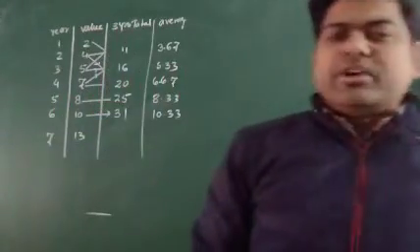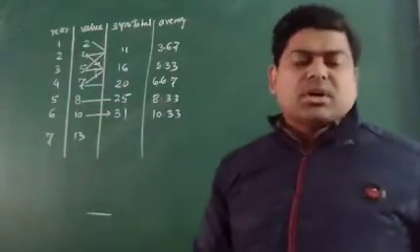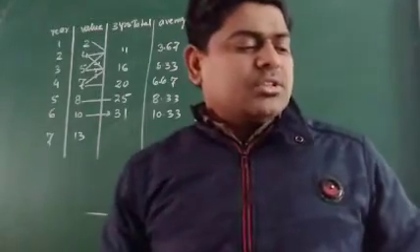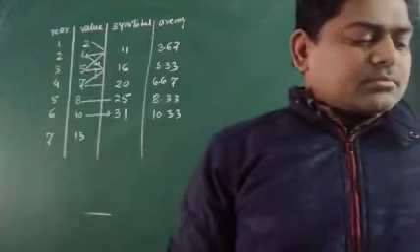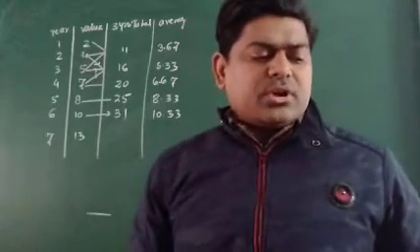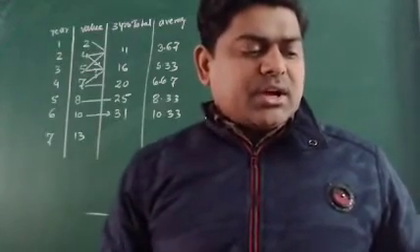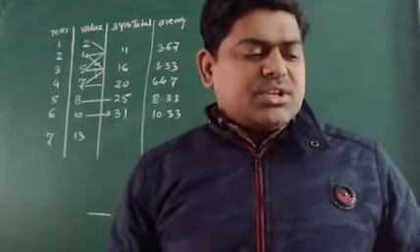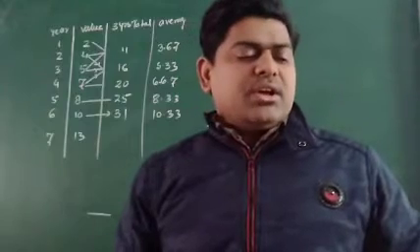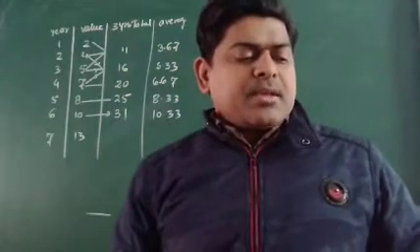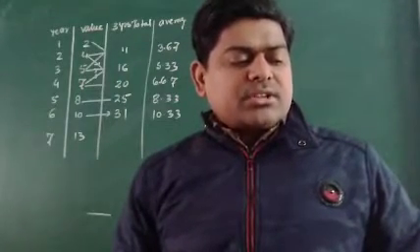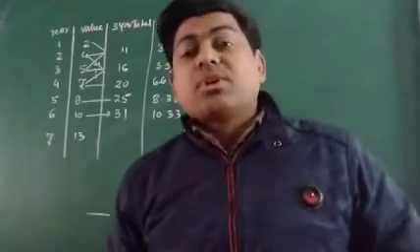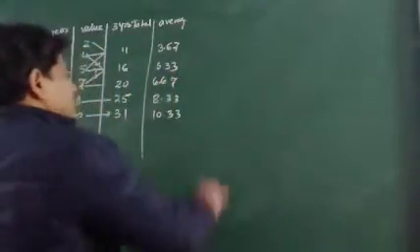And one more thing I would like to tell you here: if we want to draw the graph, sometimes it's written in the question. In question number 2 it's written: the number of letters in 100 posts in a certain city on each day, first day, second day, third day of a week is given, and then calculate the 3 days moving average and display these graphically. How can we display? Let me tell you.